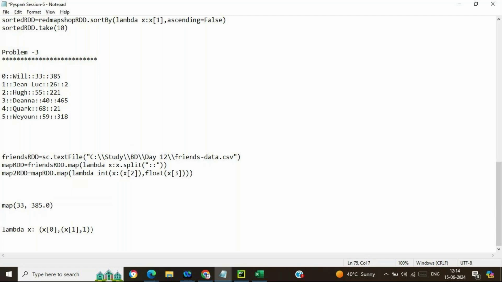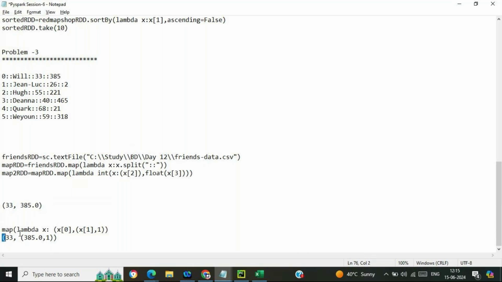Say lambda x. So it will be a map transformation. Just try to focus over here. If I'm passing this particular data, then I'm expecting this will be my output. I just want the outcome in this particular way.